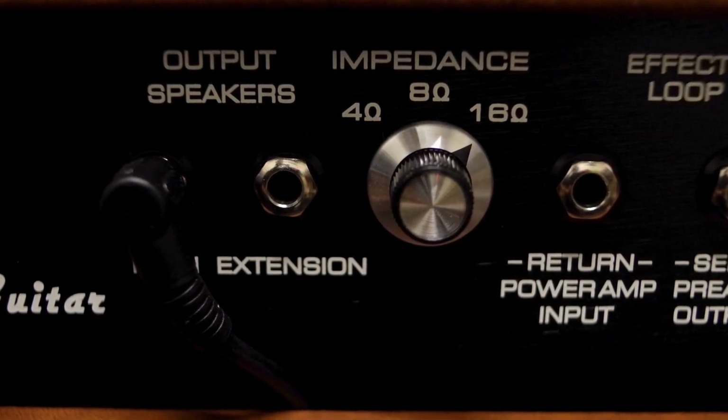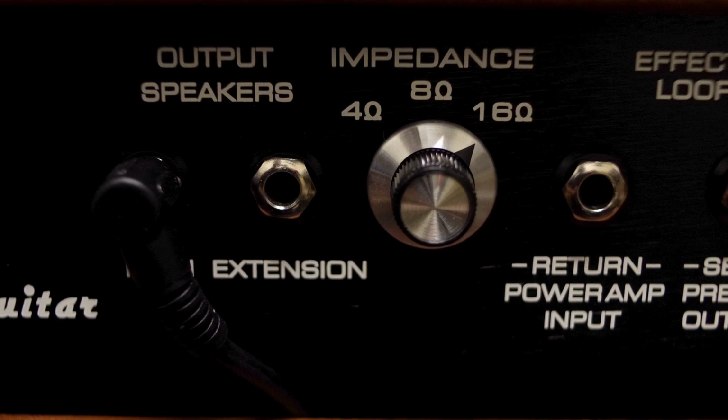So of course you can use it as a combo amp with the internal speaker, or you can use it as a head and hook up external speaker cabs. And you even have a control on the back of the amplifier to select the impedance you want, 4, 8, or 16. So overall, I mean, this would be a great sort of one-stop shop gigging amp, especially if you're doing like blues rock or something like that,